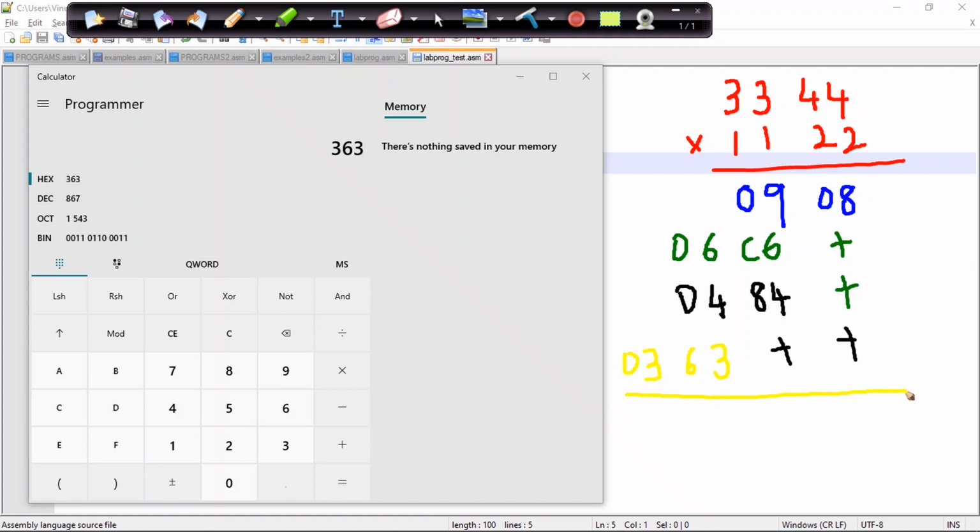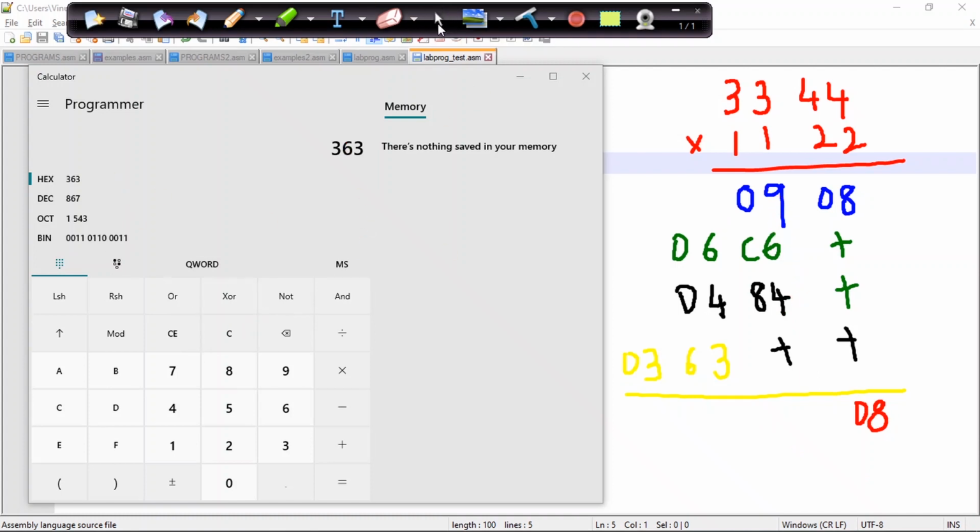Now we need to add all these up. So this is 08 itself, so I'll be getting this as 08. Now we are taking this 09, 06 and then 84.